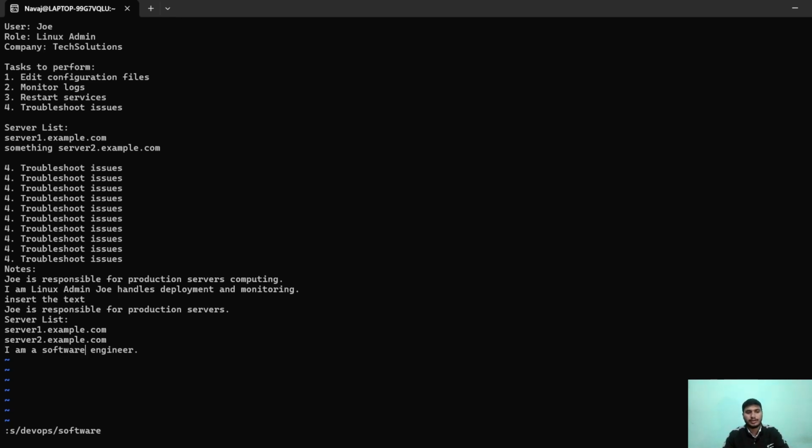But what if the same word is present multiple times in a single line, then how can you replace them? Like the software word is here, and then again I will enter software here. So now we will see how to replace this software word with another word. Like if I want to replace it with the cloud word, then